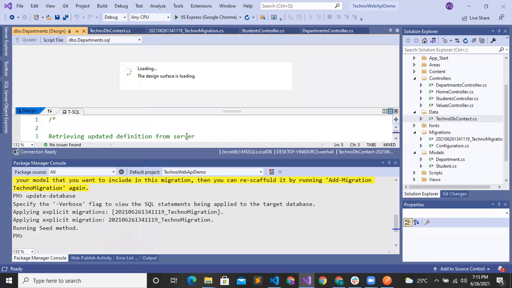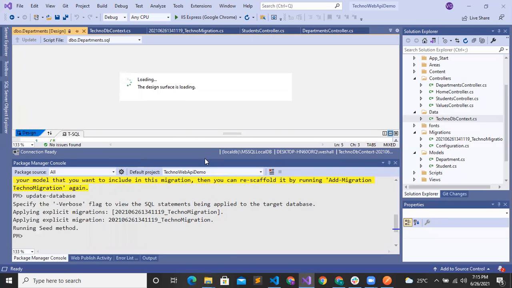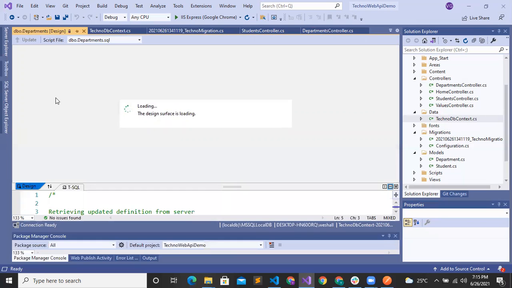If we open this table in the designer, I'll minimize the package manager console. Let it load. By that time, we will open another table, student.